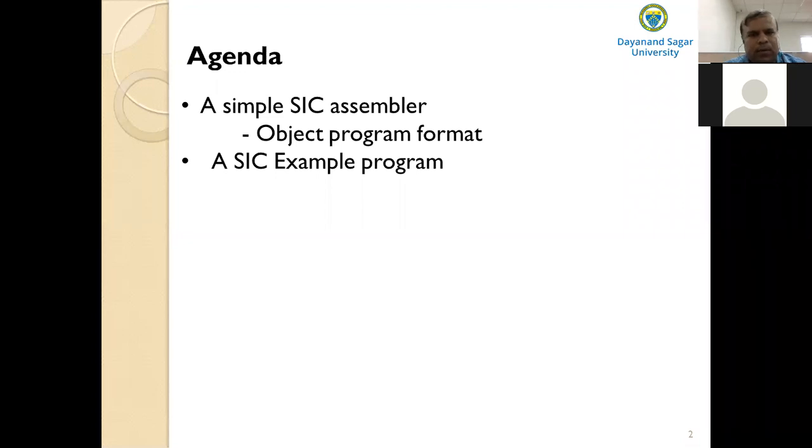So you all know that each instruction will have its own format, so you have to build the machine instruction in proper format. Then the next step is convert the data constants into the internal machine representations. And the last function is write the object program and the assembly listing. So these are the basic assembler functions.